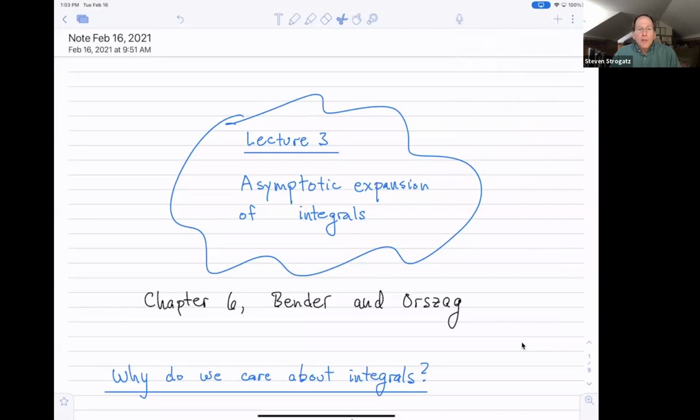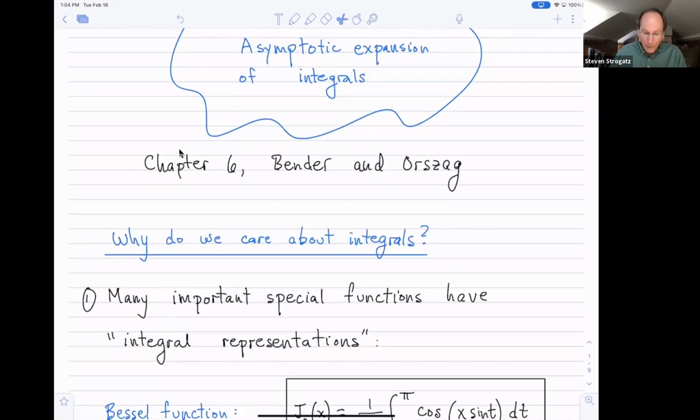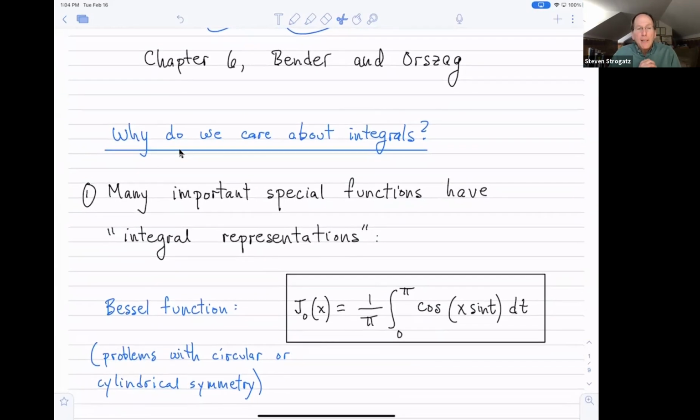All right, so you can find all this material in chapter 6 of Bender and Orszag. And there is this natural question, given that we're going to be spending so much time on integrals for a while: why do we care about integrals? There are a lot of reasons, I'm sure you can think of many, but I would emphasize these two in particular, that